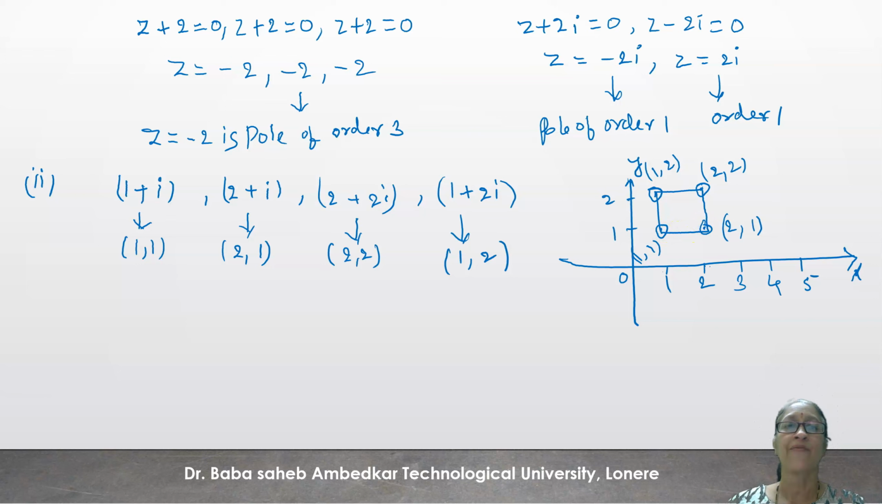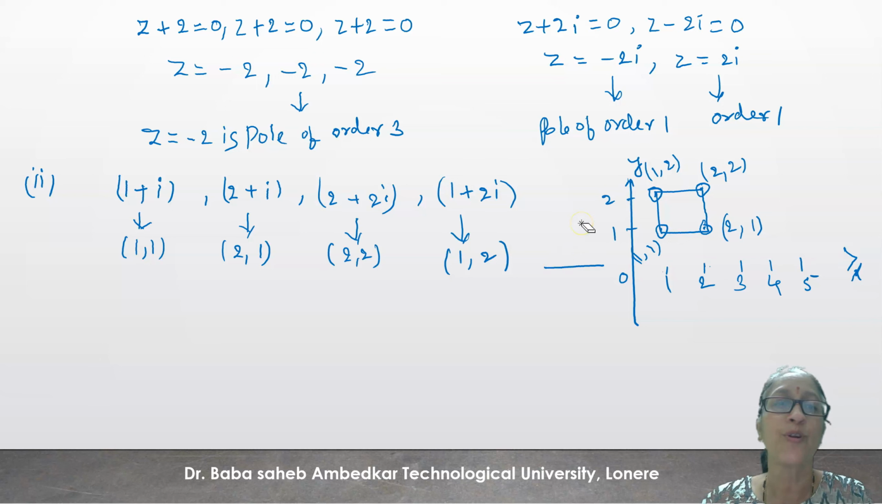Okay. So here 1 1 2 1 2 2 1 2. These are the vertices of this square. Now let us plot poles, whatever we got. So what are those poles? Poles are